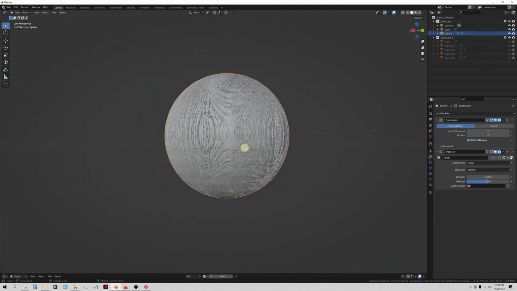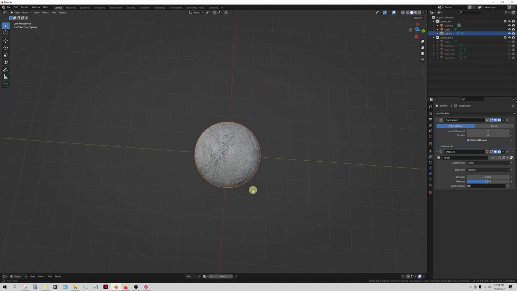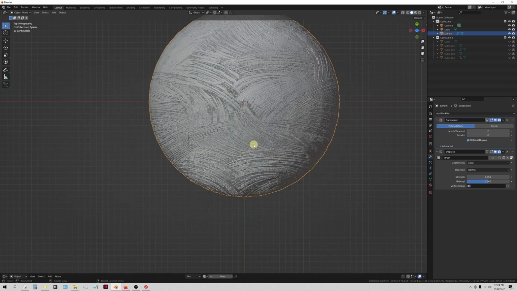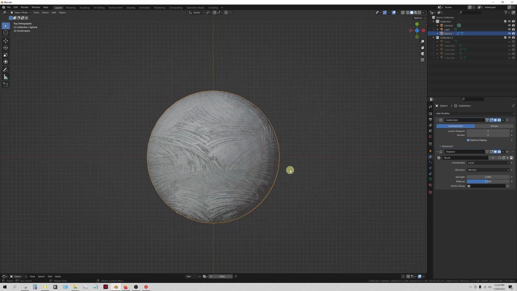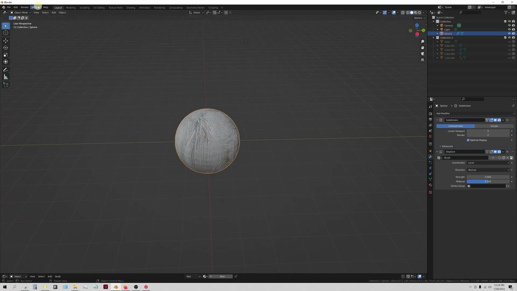You'll see it's stretching it in the middle, and that's because this is based off of this object creation. It has decided that the texture map is from this top-down view. So from the top it looks amazing, but then if you look on the side, it's disgusting. What we can do though is we can go to the edit mode,